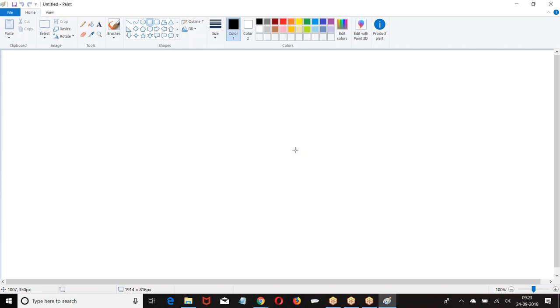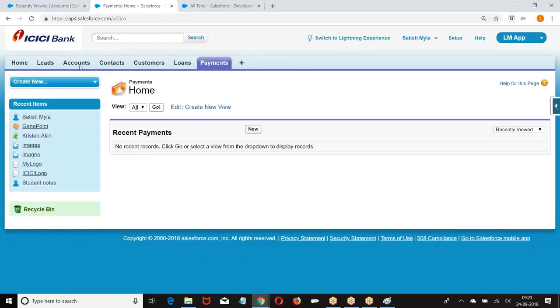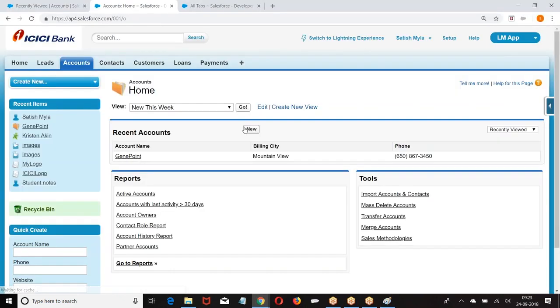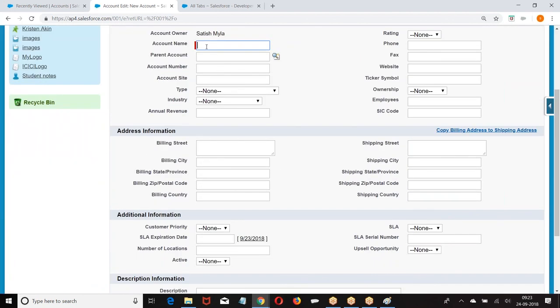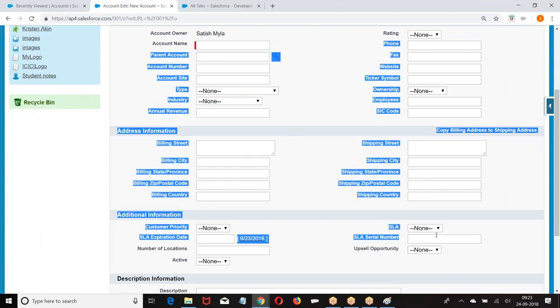What is the difference here? Let me give you an example: Account. Who created these fields? Salesforce created all these fields. But who is going to enter this data? The user. Fields are created by Salesforce only, but data is entered by the user.